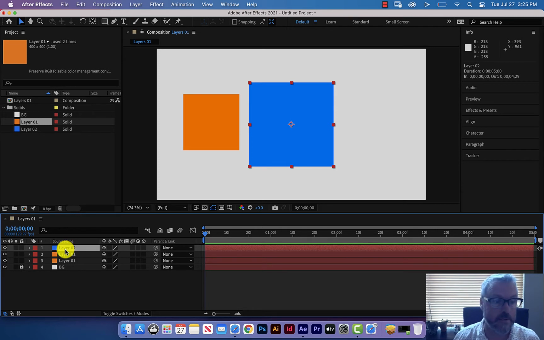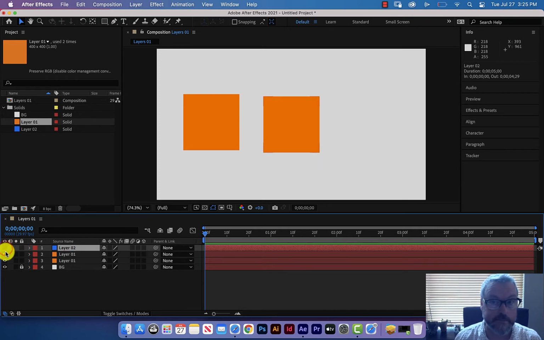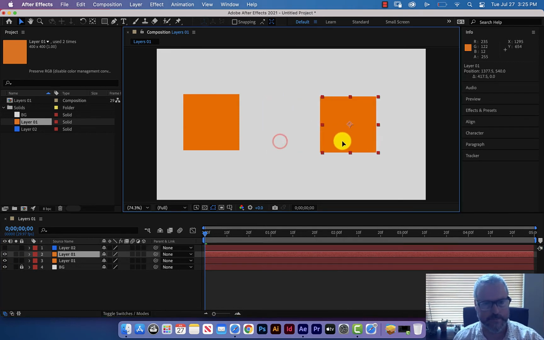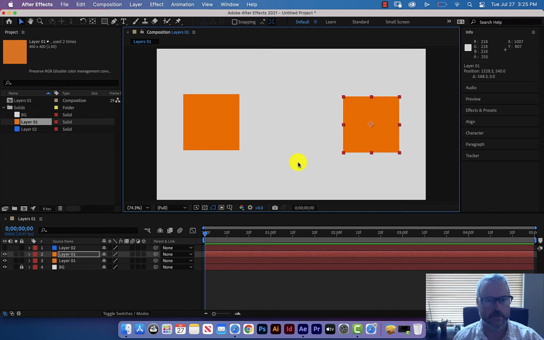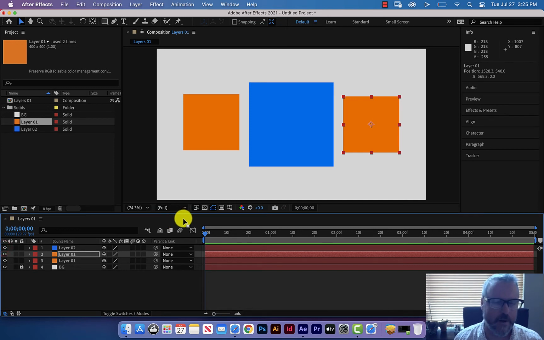So this might be a good time for me to turn that layer off temporarily so that I can see the orange solid that's behind it, and then I could just move it over relatively close to that location. I can turn my blue back on and I can see it now. What would I want to do if I wanted to make sure that those things were in a more